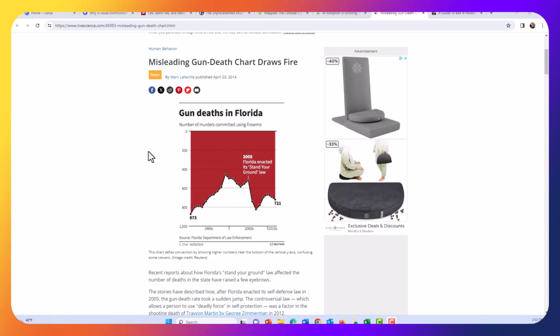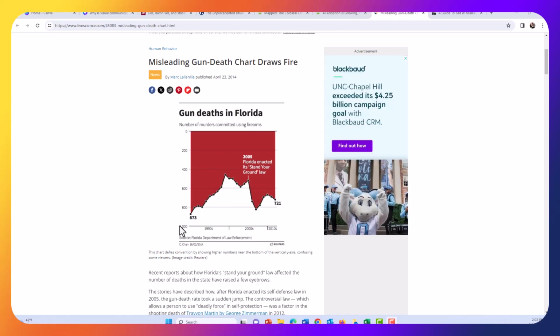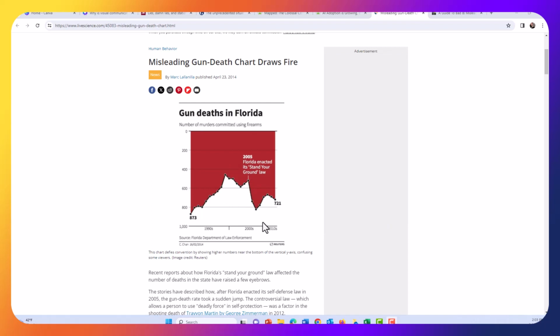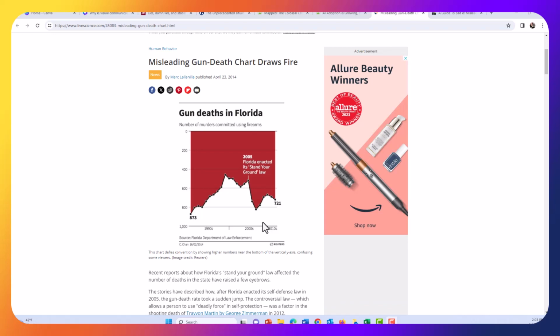Second, take a look at the y-axis. The way this kind of Cartesian mapping works is that the 0 of the y-axis and the 0 of the x-axis always intersect. Here, the y-axis is upside down. This fundamentally changes the way the data presents, is read, and is interpreted. You'll see that it appears as if gun deaths dropped after the enactment of the law, but in reality, they spike. This graph is lying. Whether it was intentional or not, the design choices here make this graph a liar.